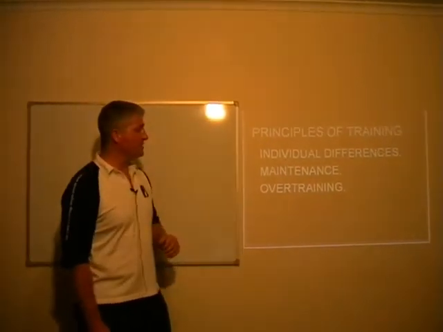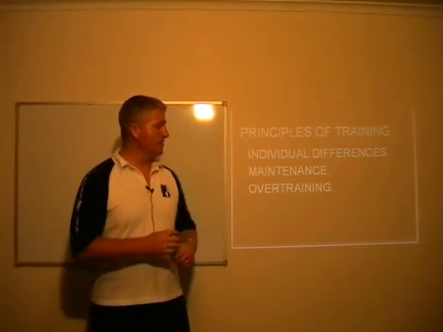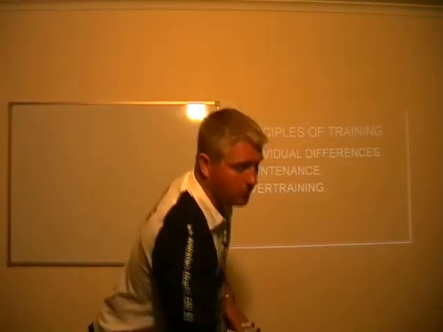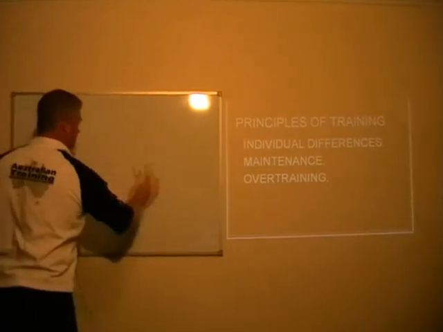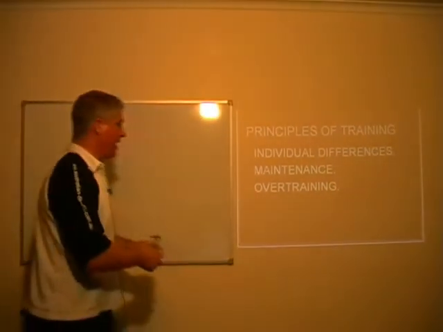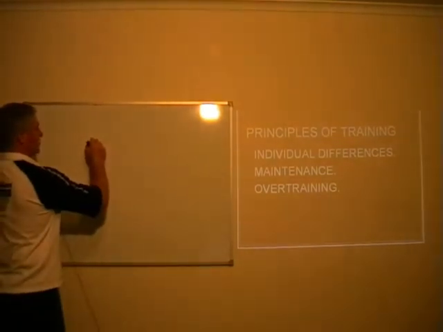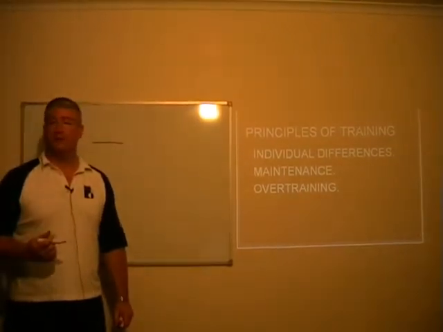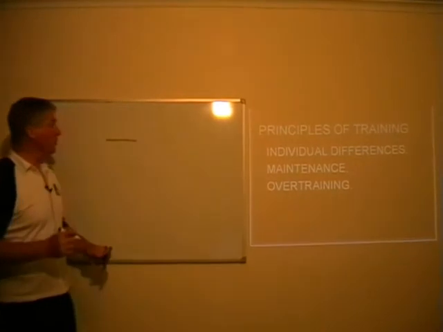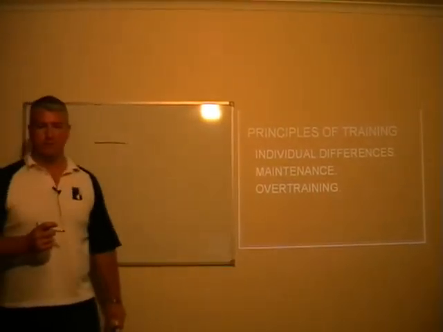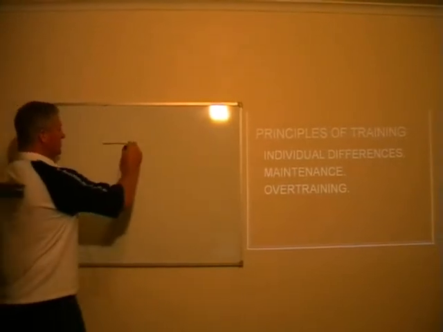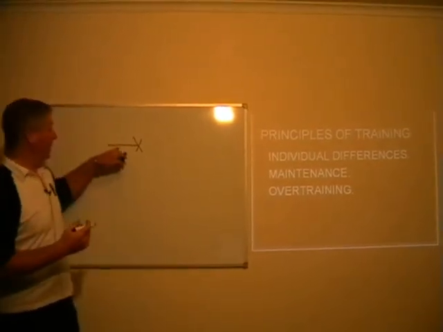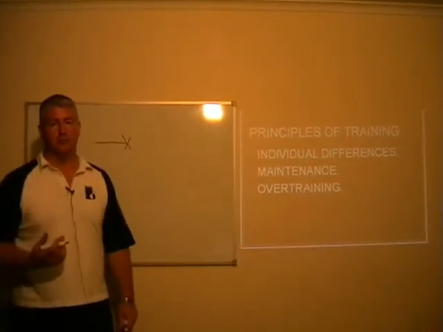The last point we're going to talk about on this slide is overtraining. Perhaps the best way to identify overtraining and talk about the principle of overtraining is through a common graph or slide. Okay, let's say this is your exercise goal, your fitness level, your cardiovascular health and well-being, your strength levels, your body image, whatever you want to achieve through exercise, this straight line represents that. What we do is we apply a training load right there to make sure that we improve upon this level. So you're making progress towards your goals.